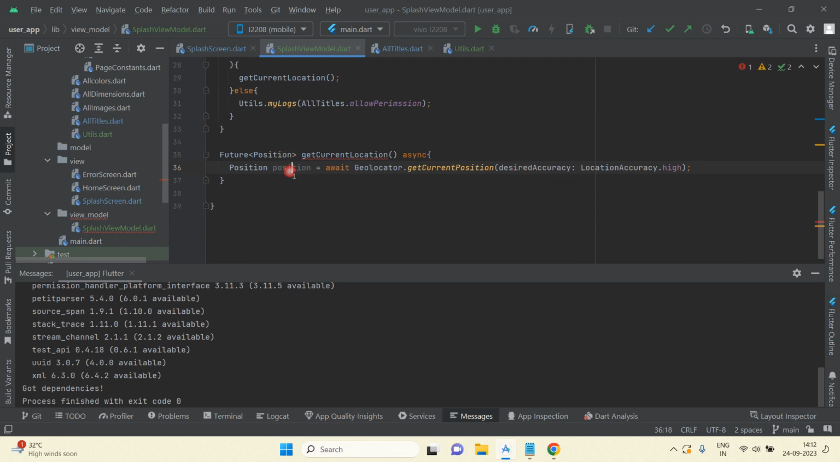With the help of this position we will get latitude and longitude. Okay, we can also fetch location name, city, state and all, but now I am going to fetch only latitude and longitude of the current device. So here I am going to check if position dot latitude is not equal to 0 and position dot longitude is not equal to 0, then I am going to navigate to next page. Okay,